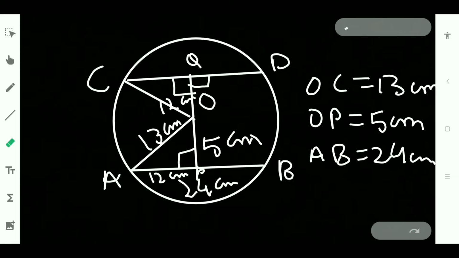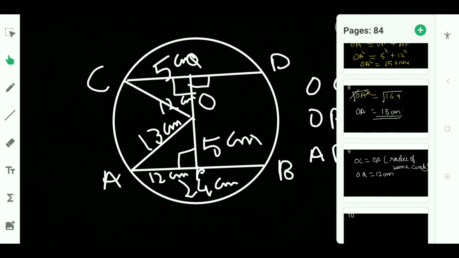Okay. Now here QC we have to find, and with that we can find the length of CD. So here OQ is 12 and OC is equal to 13 centimeter. Same way as in this triangle we are having 12, 5 and 13. Here OC is 13 and OQ is 12. Same way CQ will be equal to 5 centimeter. There is no need of finding also. Just we can write here, as here we are having these Pythagorean triplets, same way here also we can write 5 centimeter. Now as we got 5 centimeter,